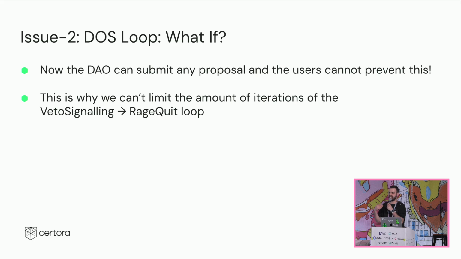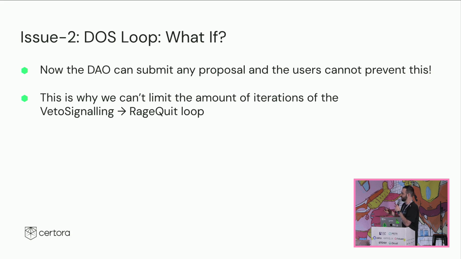We cannot veto signal again because we limit it to some final number n, which means that the DAO can maliciously create this loop and exhaust all of the supply n times in a row that we allow, and then it can do whatever it wants and steal all of the funds from the users or break the protocol completely. So this is why we cannot use this what-if design to have a final number of loops. So we have to allow an infinite number of loops.